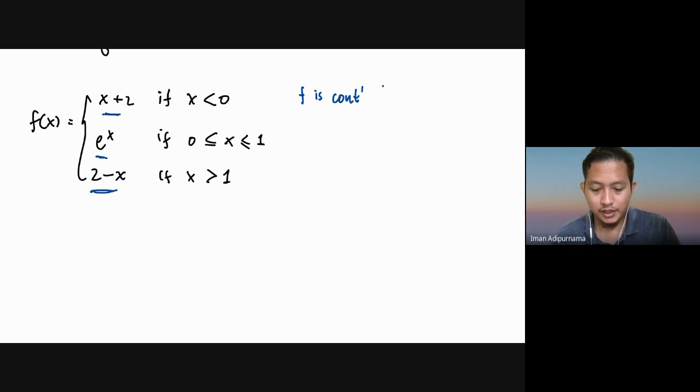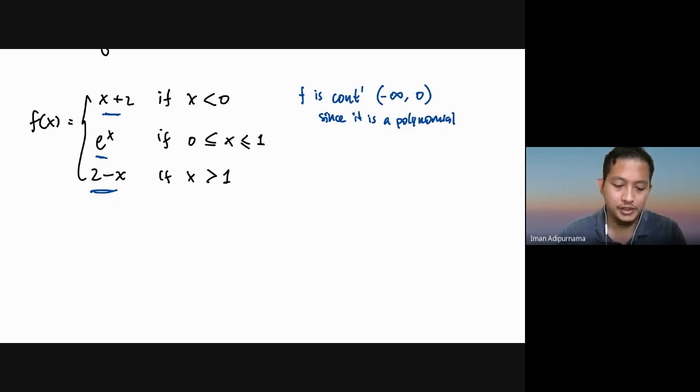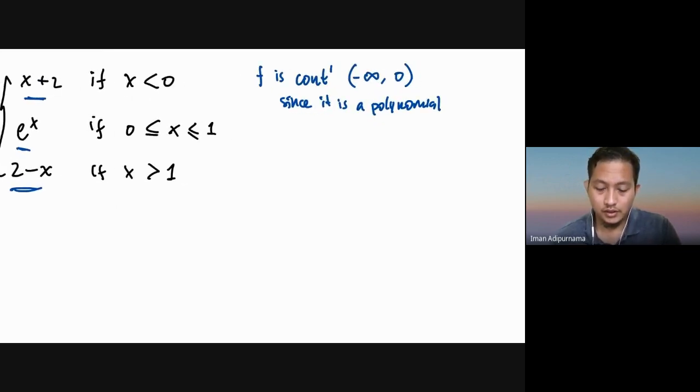At least from the beginning, we know that from negative infinity to 0, it will be continuous, since it is a polynomial or linear equation. This is polynomial degree 1. It's linear, and then continuous